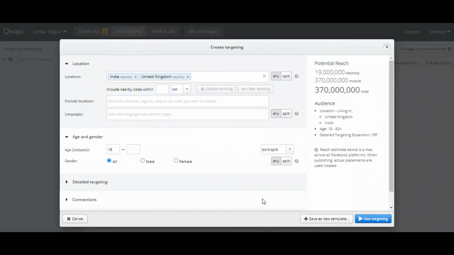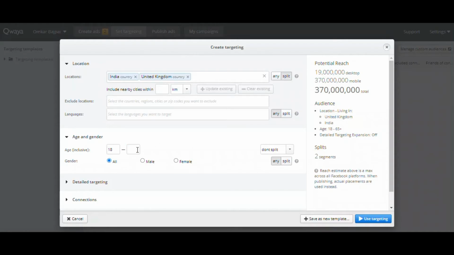So if I wanna see the whole result and demographics of United Kingdom and India as a whole, I'll just click on any. But if I want to see the demographics of India separately from United Kingdom, I can simply click on split. Okay, it will divide it into 2 segments, and we can use it in any features